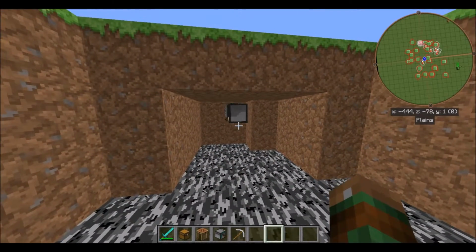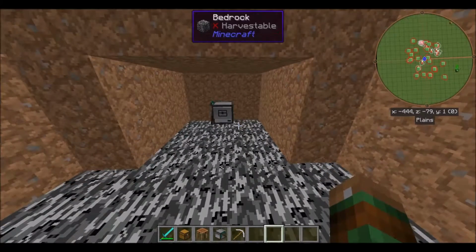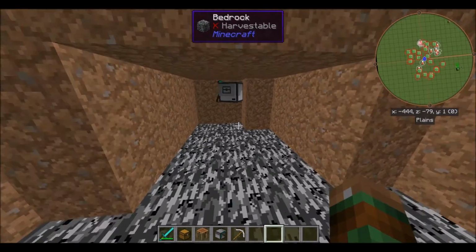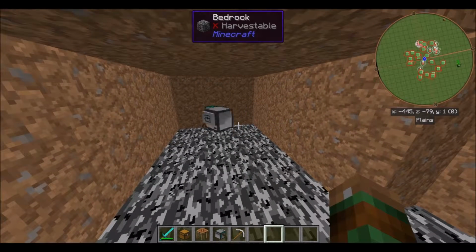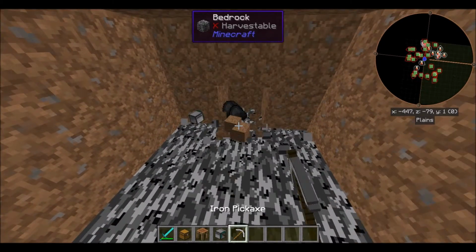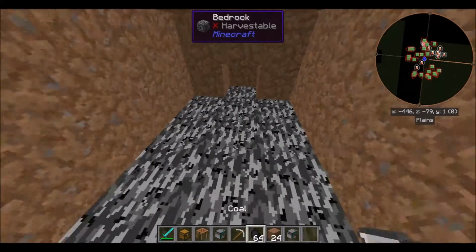You can actually program them to place torches. You can have an ender chest in their inventory, and you can have it place the ender chest down, dump its inventory into the ender chest, pick the ender chest back up, and go on about its business. And you see he just stops there. No big deal. Okay, so what we're going to do now